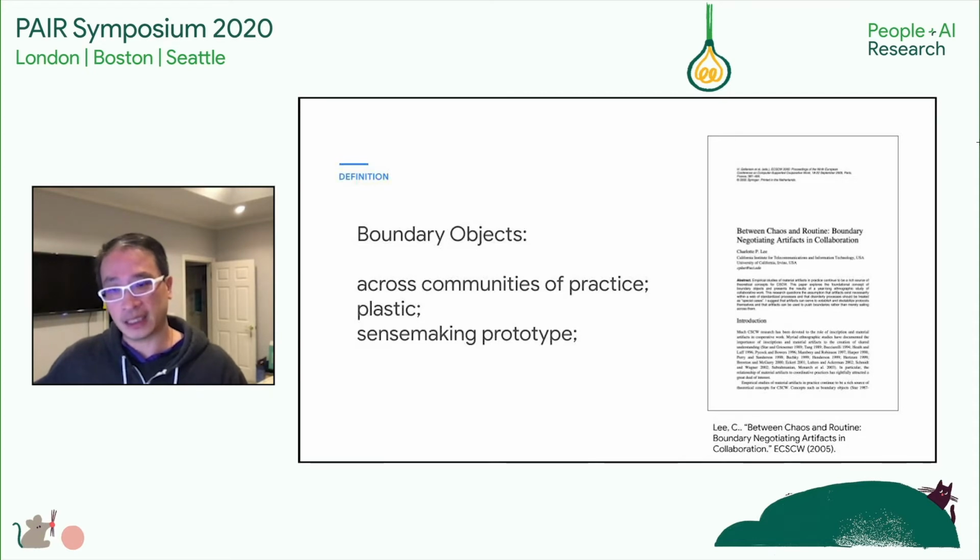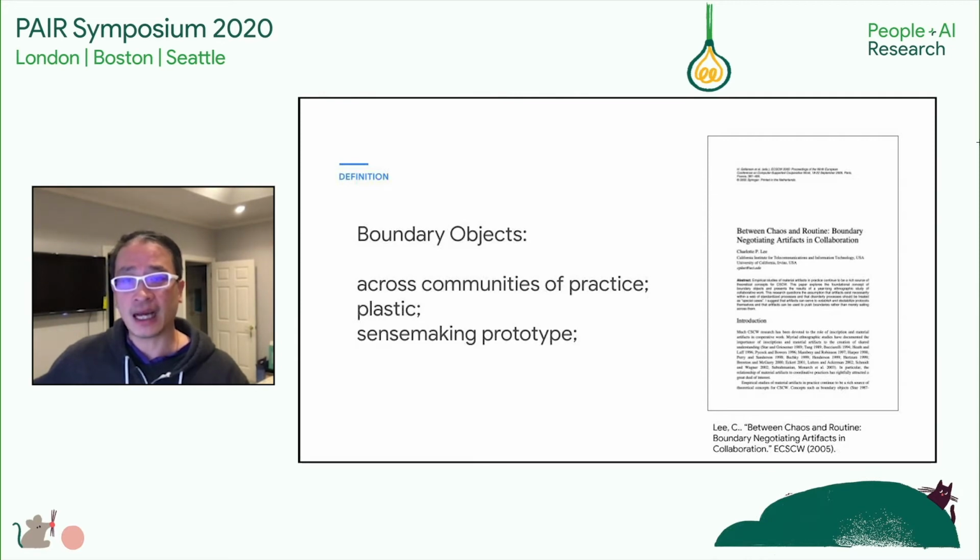And the fact that they're plastic, meaning that you can actually make changes to them, communicates the kind of improvements that you would like to make. They are objects that have a kind of design ability that enables communication, right? Charlotte Lee has talked quite a bit about these kinds of boundary objects as negotiation artifacts in collaboration, and indeed, these neural architecture diagrams and the neural architecture ideas essentially become those negotiation artifacts in our collaboration with business owners, users, and other key stakeholders.